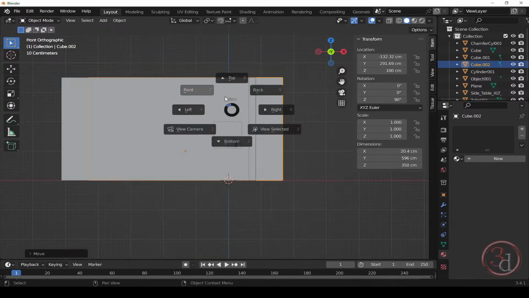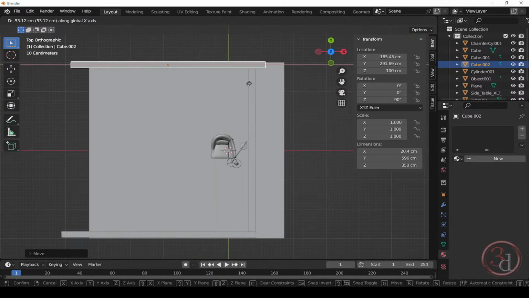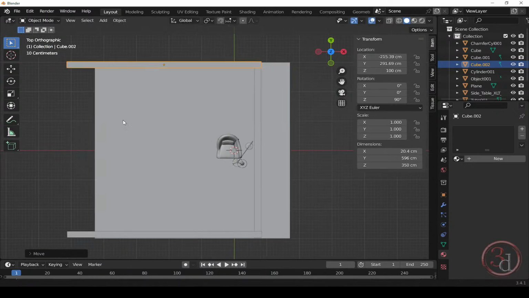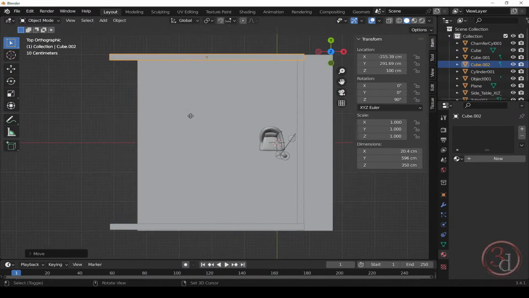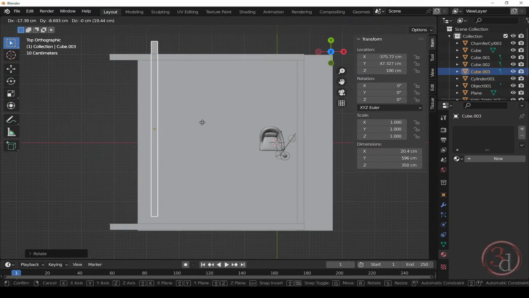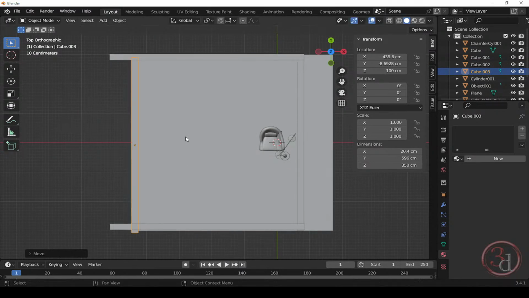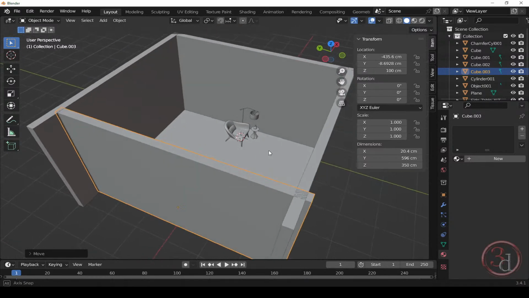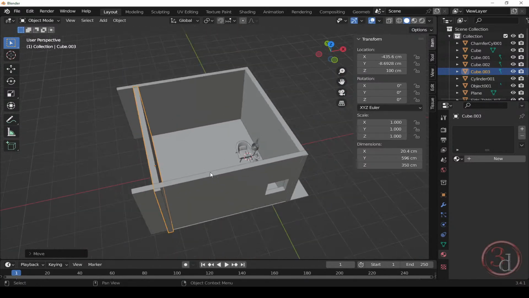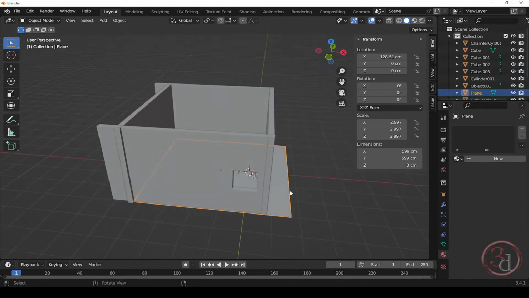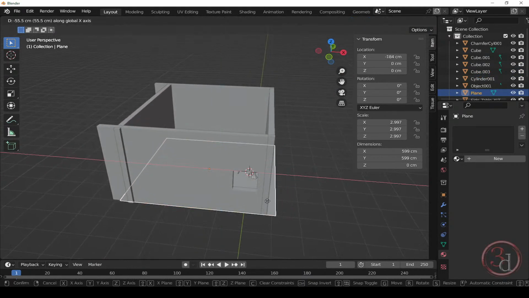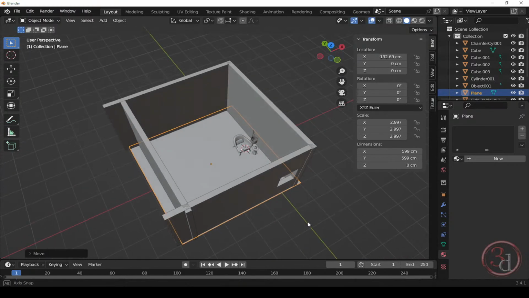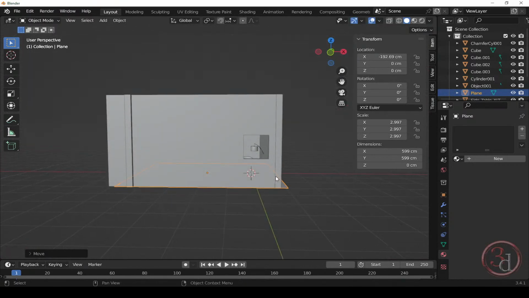Go to the top view, somewhat like this, and then Shift D one more time, rotate it, and I can just put it somewhere here. Okay, we need to have a ceiling, so I will take the floor, move this just a little bit, and we'll